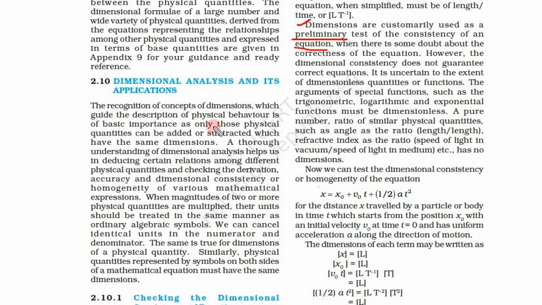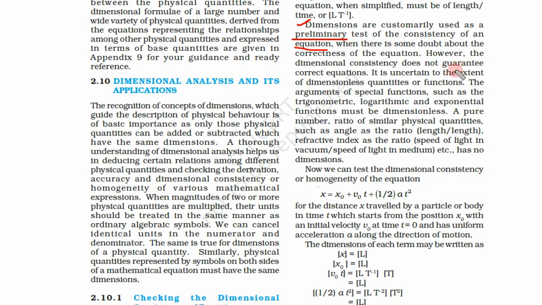Many times in the exams, you are given 4 options, and out of those 4, 2 are not dimensionally correct. So if you don't know the answer, you are left with only 2 options, because those 2 are dimensionally correct and the other 2 are not. So definitely now you have a much better chance to correctly answer that question, because 2 are not dimensionally correct.